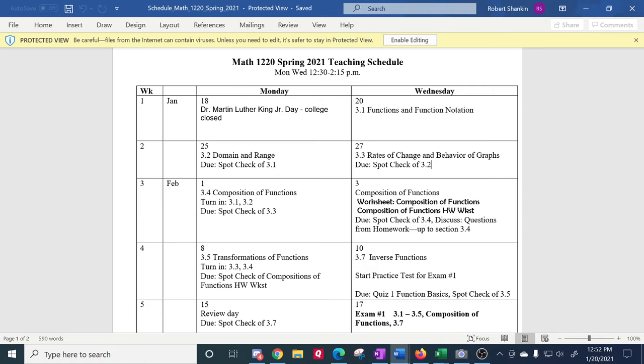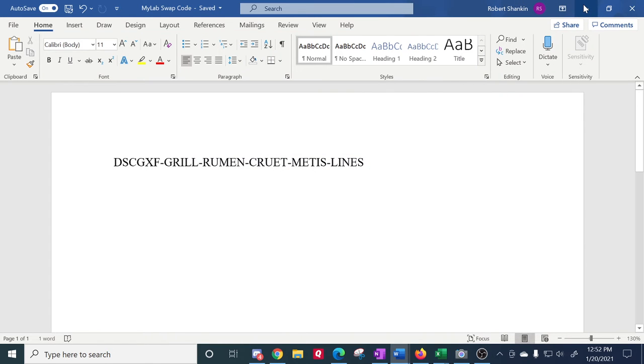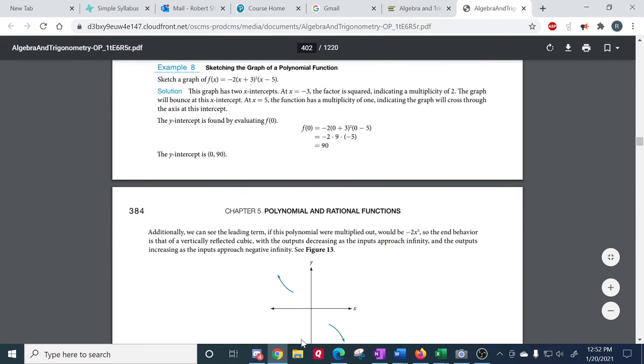So whenever myself or my grader is looking at a section, if we don't see anything uploaded for that, we'll look in the spot check and then we'll grade that. We'll assume that that's what you wanted me to look at and have graded. Any questions on how spot checks work? Okay, let's go